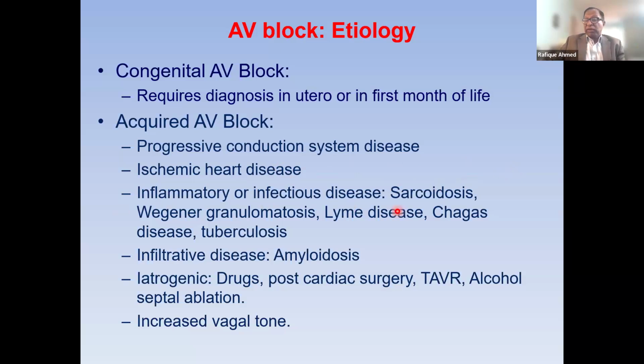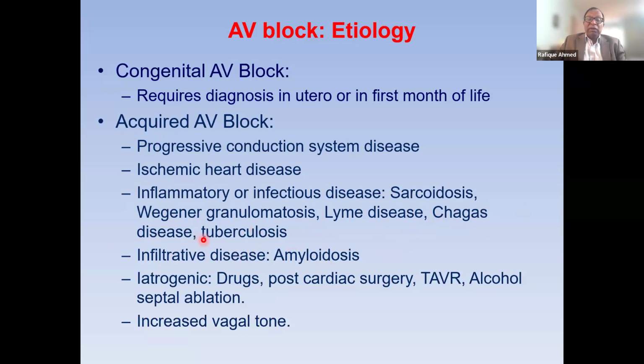Then we have inflammatory and infectious disease. Sarcoidosis is a cause. Granulomatous disease. In America, we have Lyme disease, which is very common in certain parts of the United States, especially the area that we live. And if anybody young comes in with heart block, when I say young, I mean below 60, and they have any history of outdoor activities, including deer hunting, we always do a Lyme test before we put in a pacemaker. In South America, Chagas disease is an important cause of heart block. So people travel a lot these days. And if you find a South American person with heart block, make sure that we rule out those things.